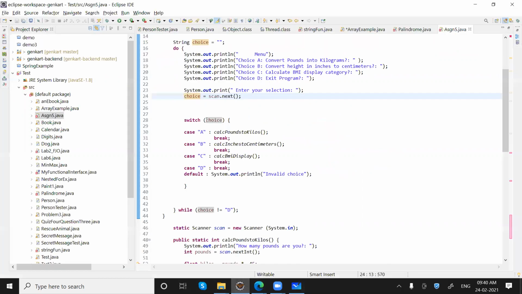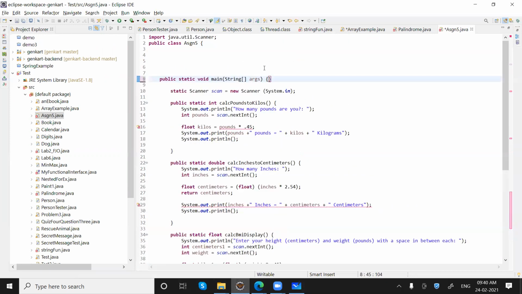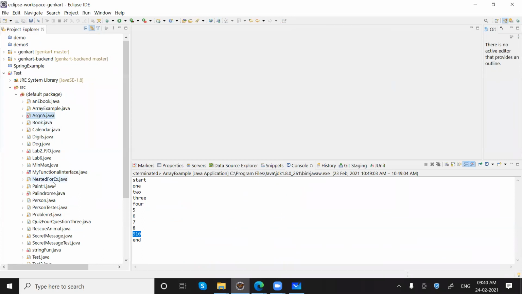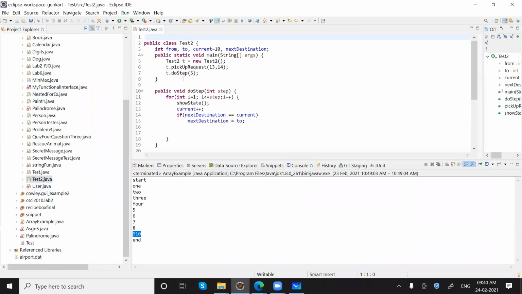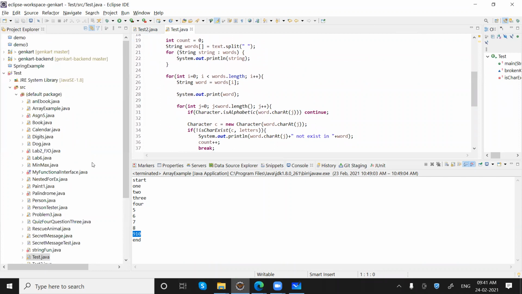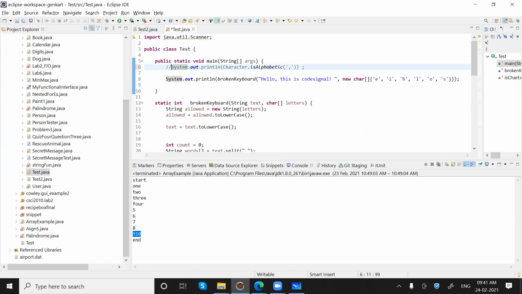Let's do it practically instead of going too much into theory. So for example, in this class, test 1, here is basically our main method.